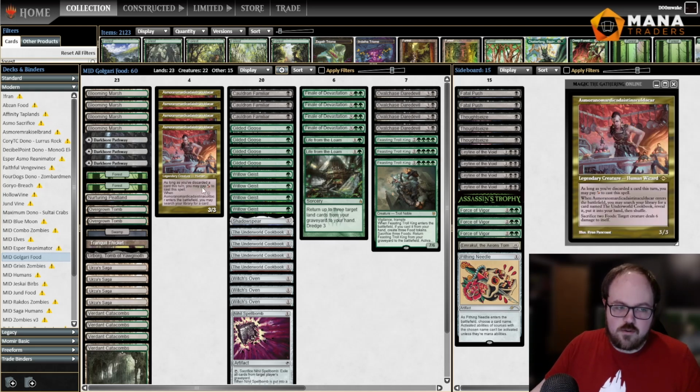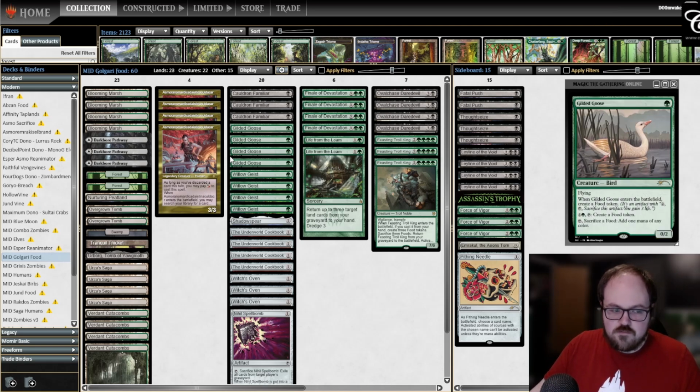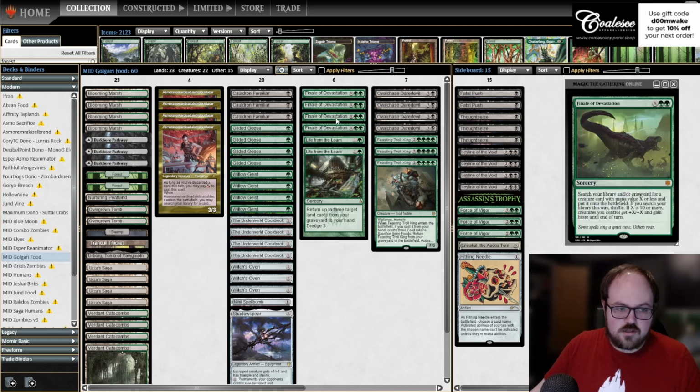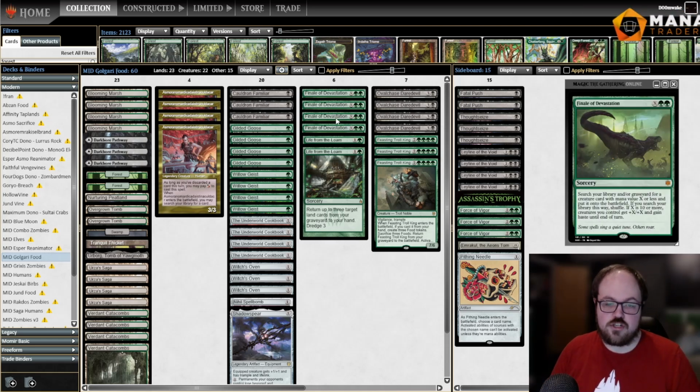And then obviously we're a deck with 4 Asmo, as you could imagine, because I love that card and I want to play it in every deck. Gilded Goose to keep the food generation going. We have our Urza's Saga targets here with Nihil Spellbomb and Shadow Spear. Pretty standard stuff here. And then the last card I want to touch on is Finale of Devastation, which is,